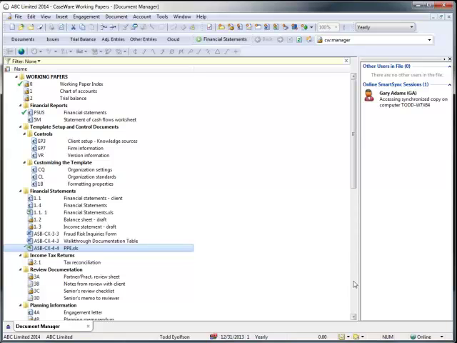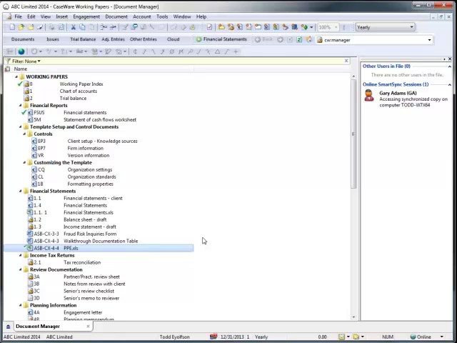Now, I'm in a sync file, and I may wish to return this SmartSync file to a non-sync state. Each time a change is made to a sync file, a record of the change is written to its corresponding SmartSync log. Since these log files can grow in size and occupy disk space, engagement files with large sync logs can be reset to reduce the size of the top-level parent file and to improve the download speed when creating